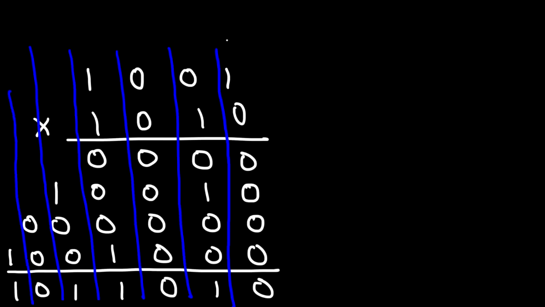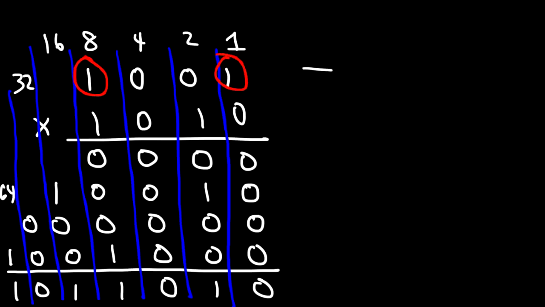This is going to be 1, 2, 4, 8, 16, 32, and for this column, 64. So here we have 8 plus 1, which is 9,